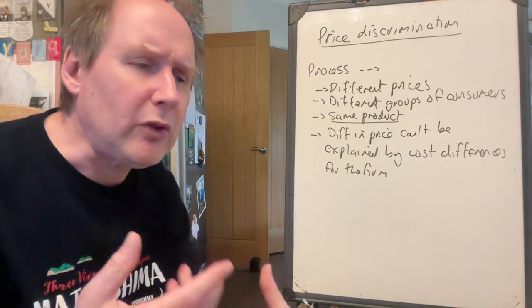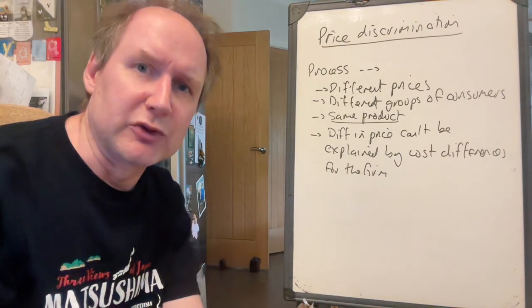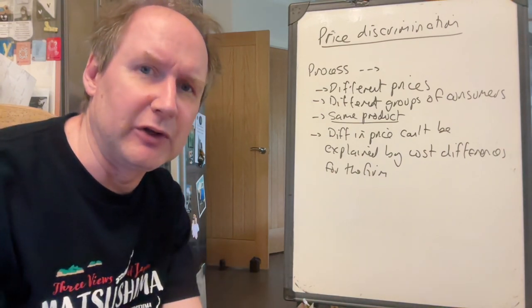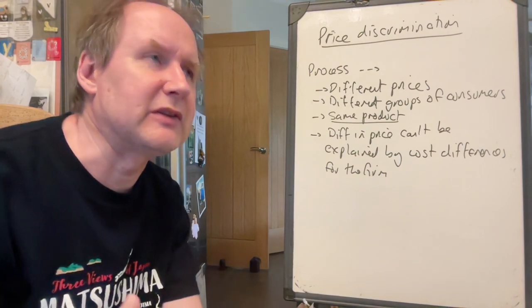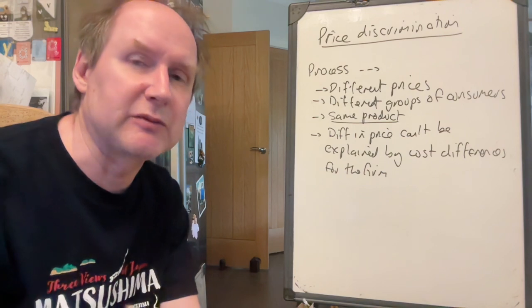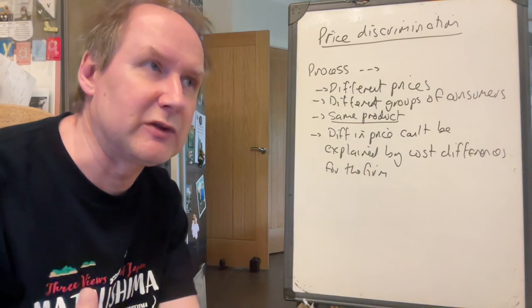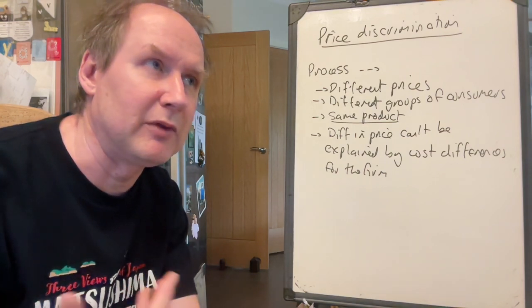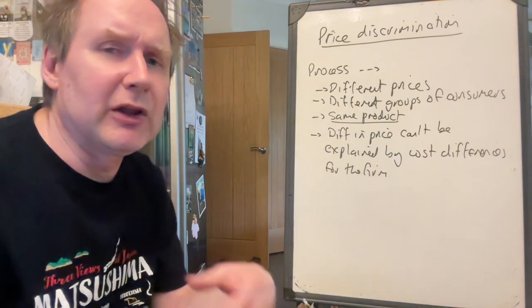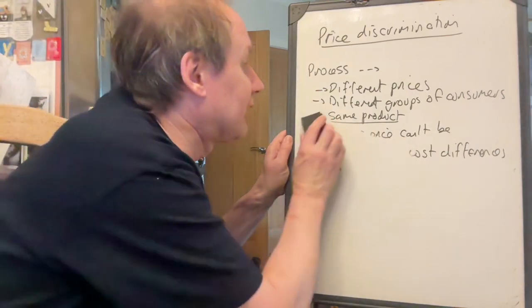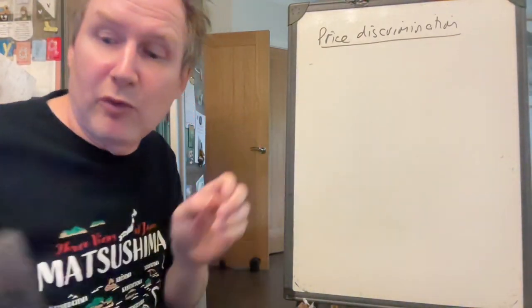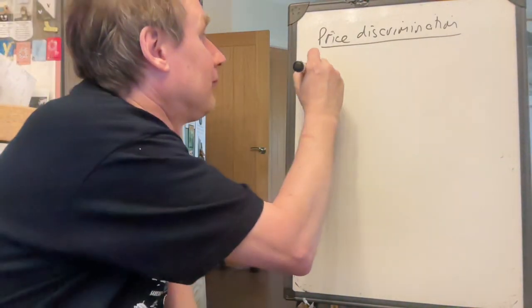So firms are using price discrimination, and we'll talk about this later, to boost their own revenue. You could argue that it's efficient, and again we'll come back to this, in the sense that they're making better use of the bus, the train, the cinema and so on. So, as I say, examples. One is adult-child.